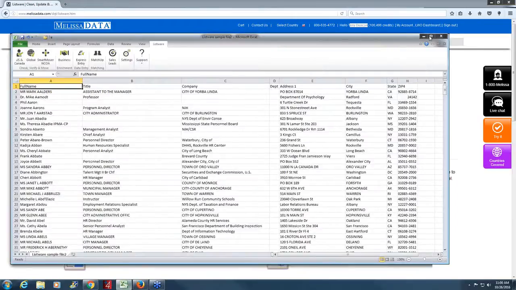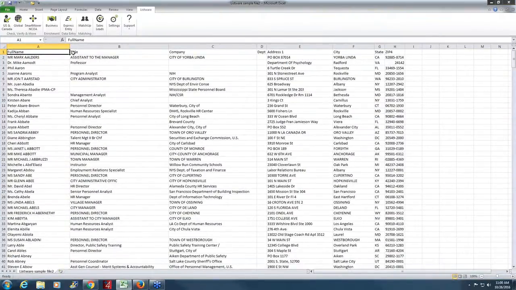So here's my Excel file. I've got a database open in here, and you can see the new tab, Listware. Once you've installed Listware and placed in the license string, it will be activated, and you can do any of these processes using the credits in your account. Today we'll do Smart Mover NCOA,